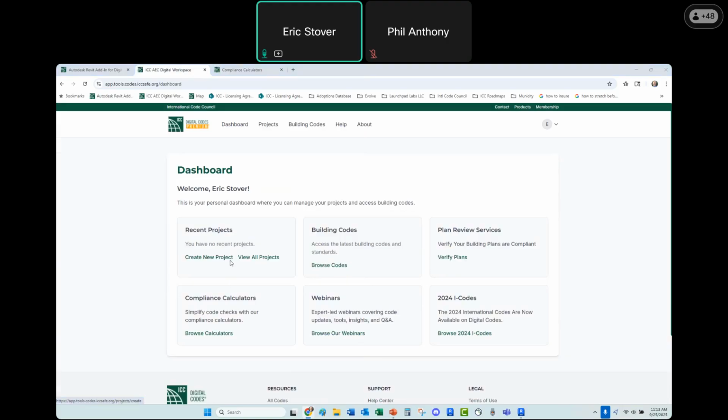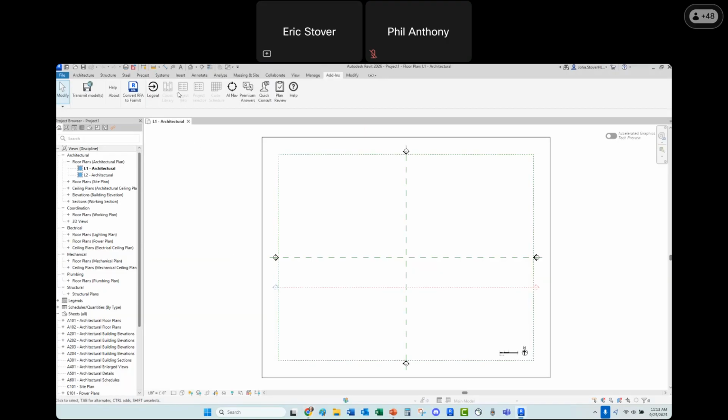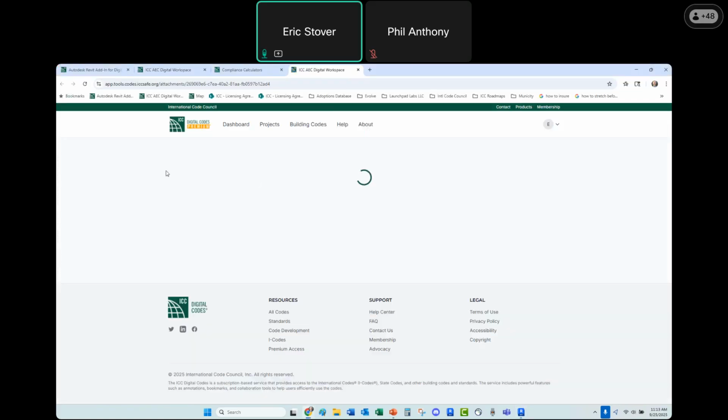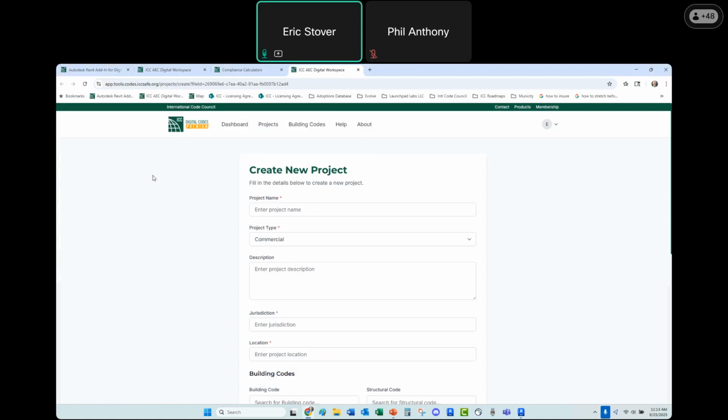So let me go back to Revit here. And let's go ahead and start a new project and show some examples. When I start something brand new, I can click on project info again. And then in this case, instead of showing me the list of projects, I start off with okay, I'm here to create a new project. Tell me something about what this Revit file is going to be attached to. So I'm just going to type in something local here for me, which is the Northgate